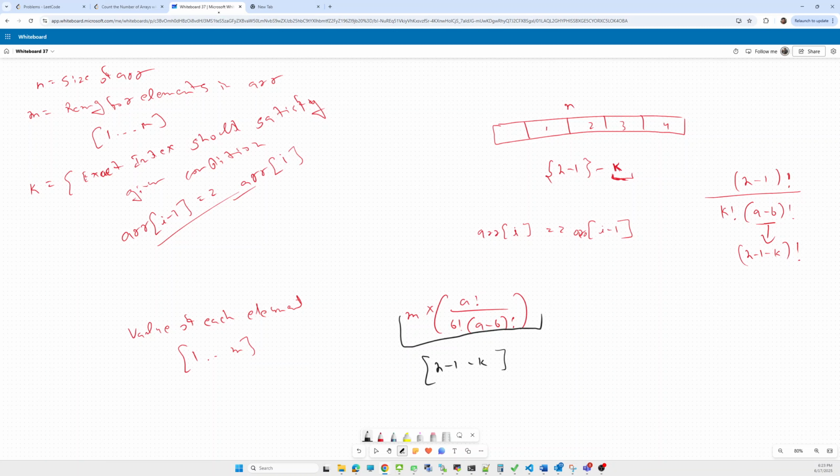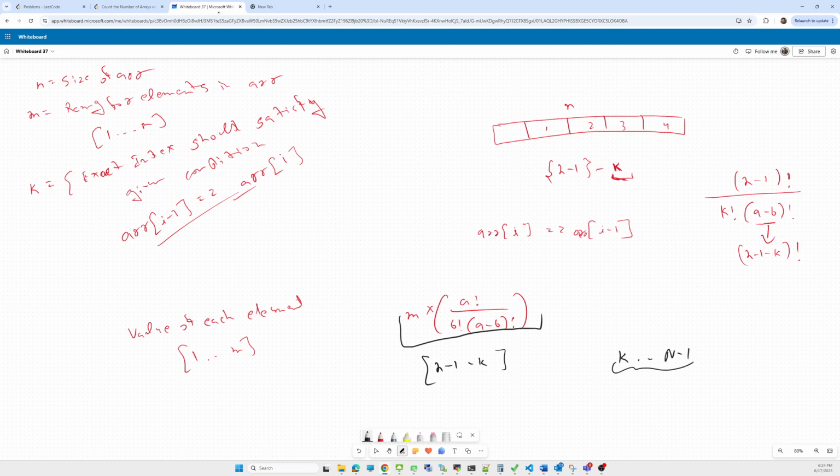For the rest, the adjacent values should differ. So the rest will be n minus 1 minus k, which means the range k to n minus 1. Now we are interested in this range.